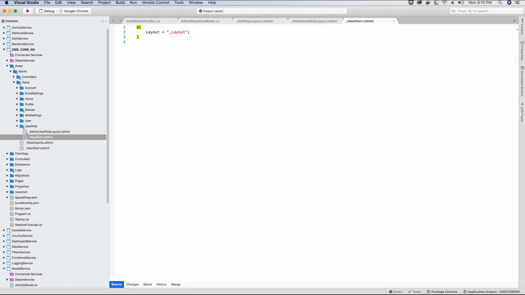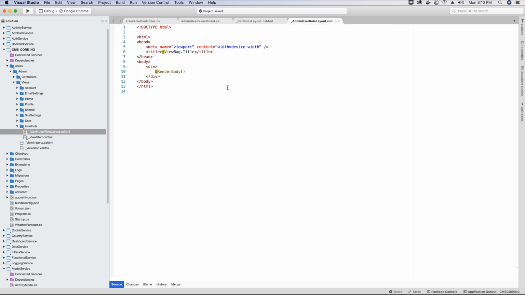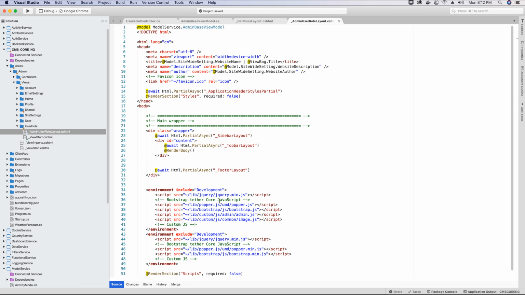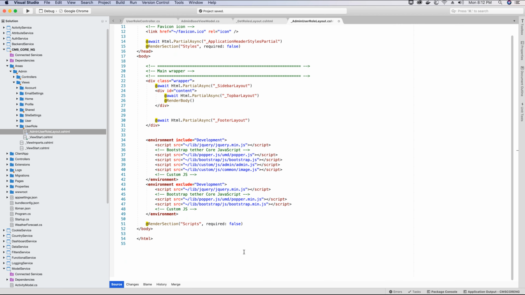And here in the view start file, we will change this default layout to our custom layout and provide the path of the file. So now we can close this view start file, and here in the admin user role layout file that we just created, we are going to add the Bootstrap 4 code for the custom layout UI. So now I have added the custom layout code or the Bootstrap 4 code for the UI, which is basically